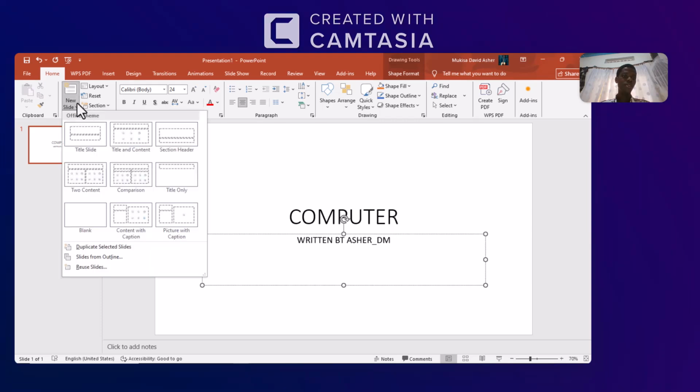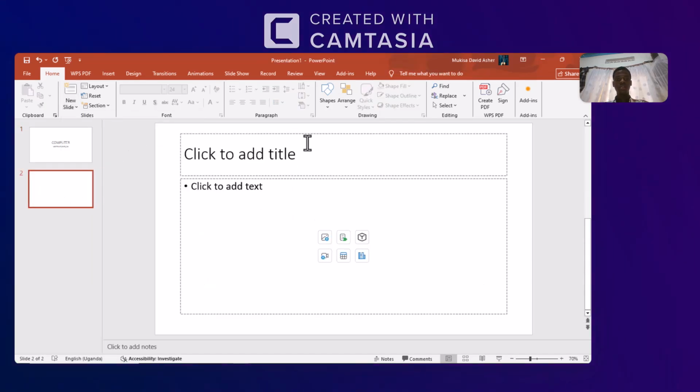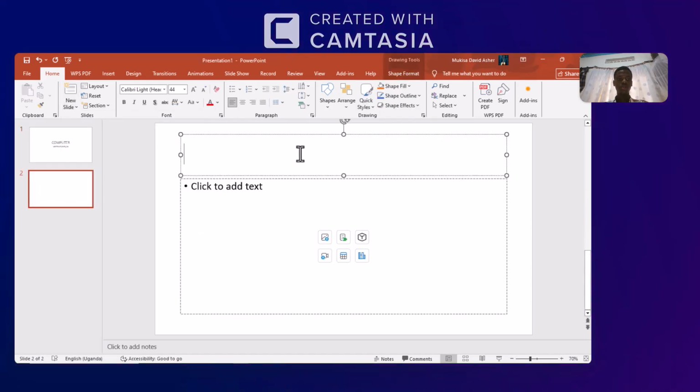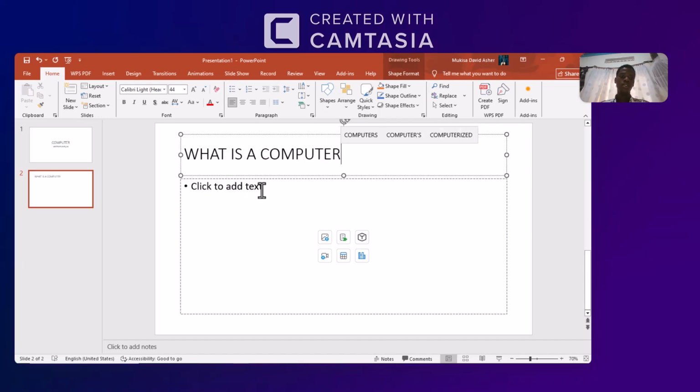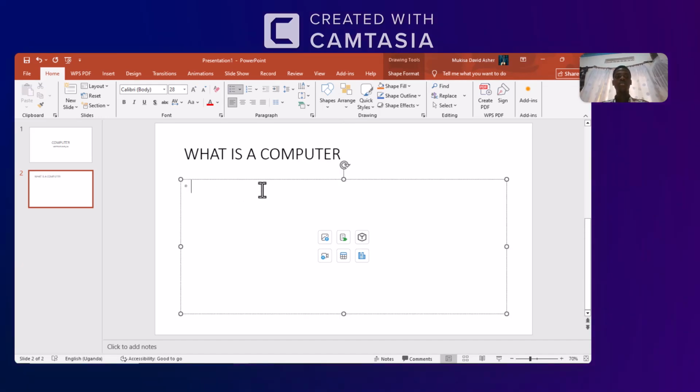So the second slide, you can write something like, maybe, what is a computer? Yes. So here we can write maybe, second, we can say that